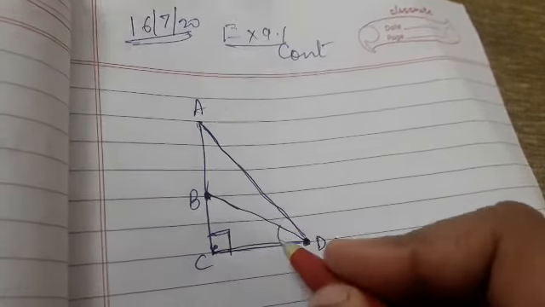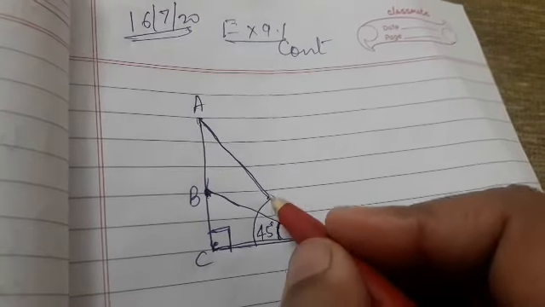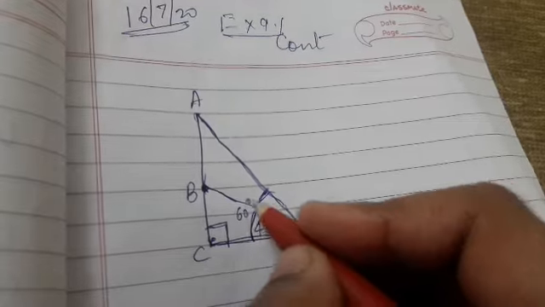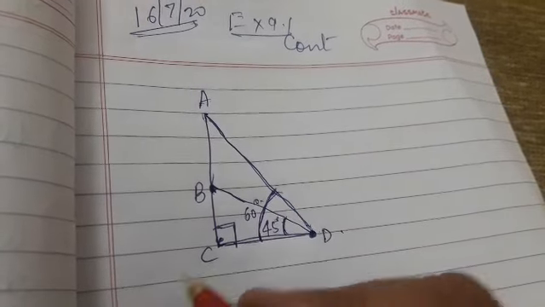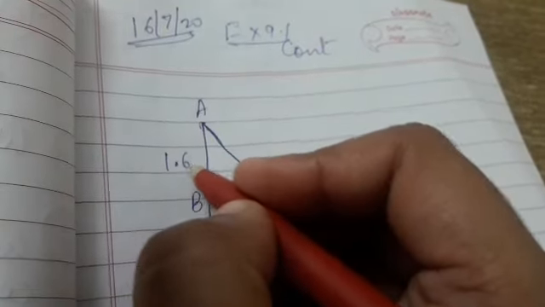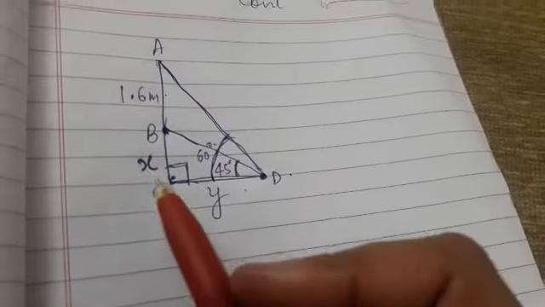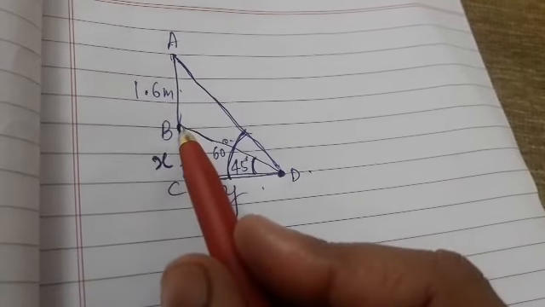This angle which is made by the top of the pedestal to this point is 45 degree, and the whole angle from the top of the statue to the point is 60 degree, right? The height of the statue is 1.6 meter tall. We have to find the height of the pedestal. So I will suppose this to be x, and I will take the distance from C to D as y. Okay, to find the answer for x, let us first take the triangle